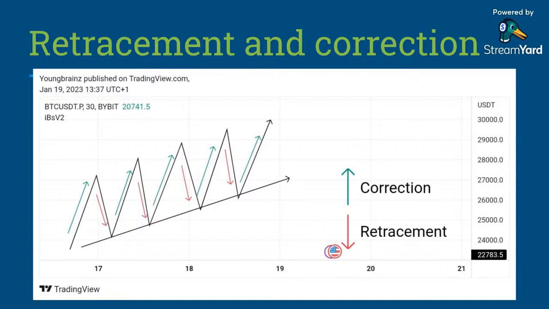All right, now look at the retracement and the correction for the uptrend. Can you see the small arrows there? Remember I said the market is going up and coming down, going up and coming down. As the market is going up, we call it the correction. When the market is coming down small, it's called the retracement. It will correct, it will retrace. So that's how the market moves. As the market is creating the higher high and higher low, it is correcting and retracing. That's what we call the correction and the retracement.